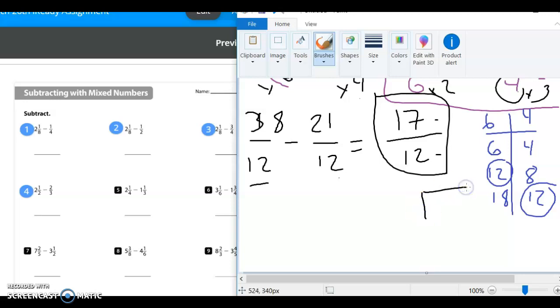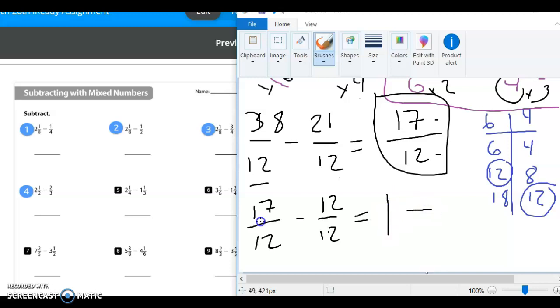Now, I could write the division problem out, but I know personally that 12 only goes into 17 one time. It's just obvious to me because 12 times 2 would be 24, and that's bigger. So the way I'm going to do that, since it only goes in one time, is I'm going to subtract 1 from my mixed number. So when I do that, I'm subtracting 1, so I'm going to put my 1 here,